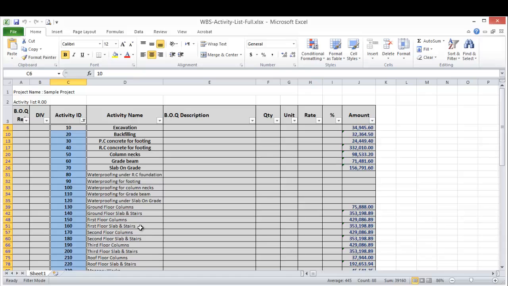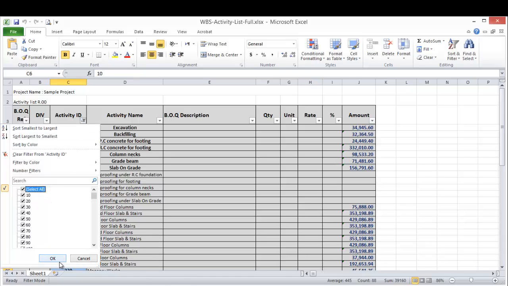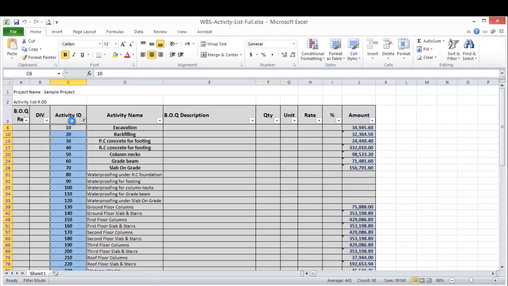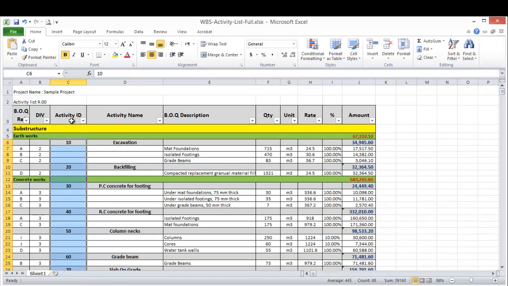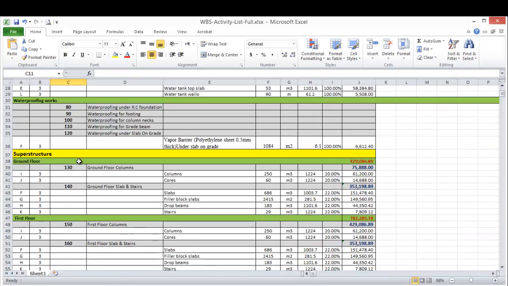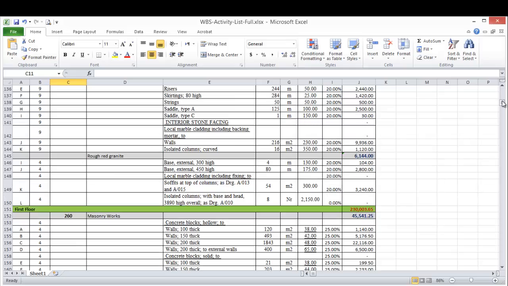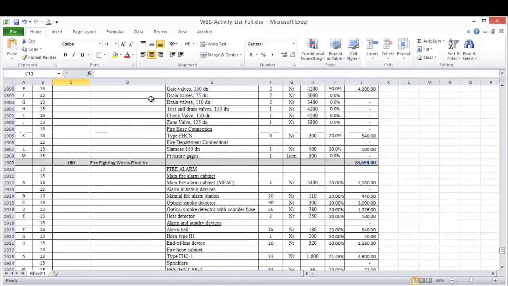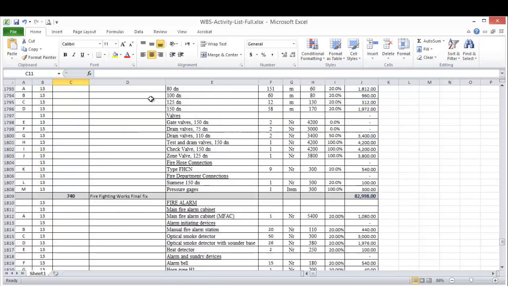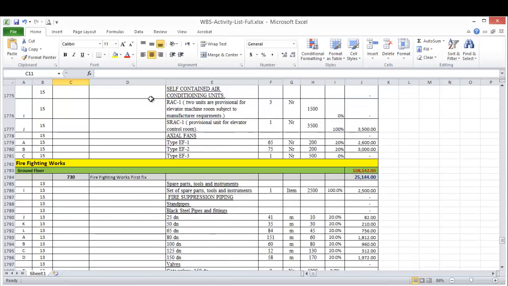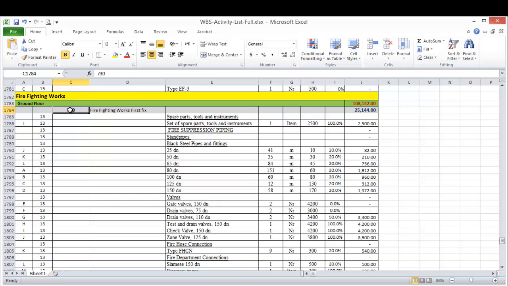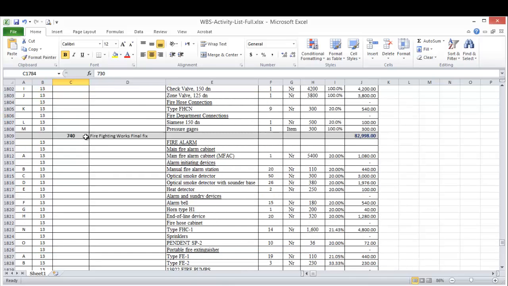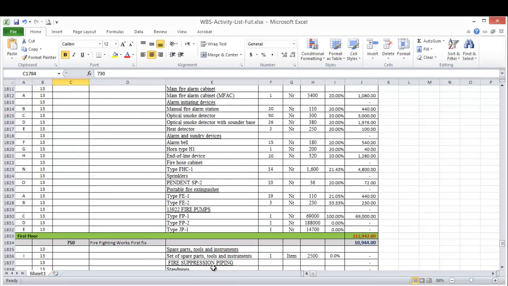Then we have to go to the cost loading and remove the filter. We'll go from down up. We have here the firefighting 730, this is for the ground floor, and 740 for the ground floor.